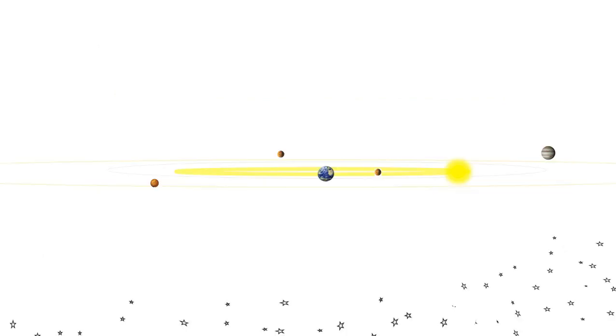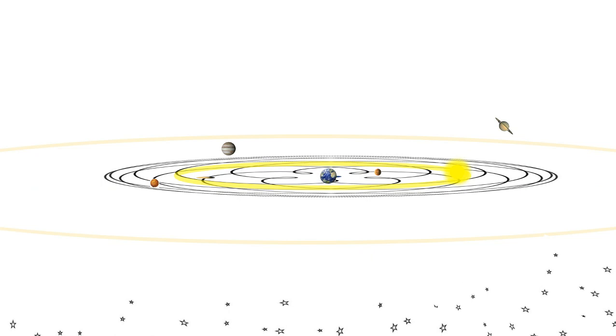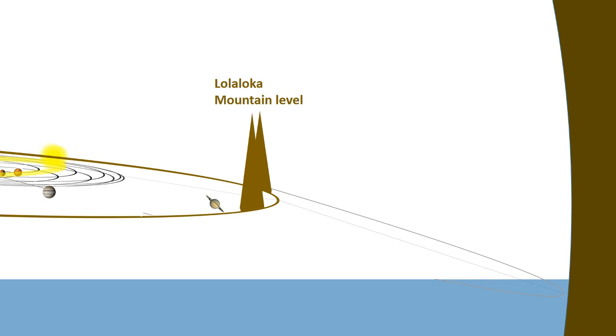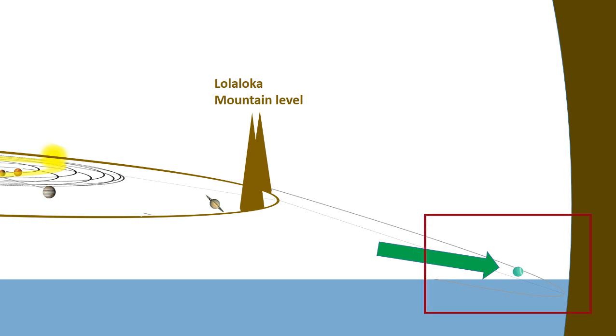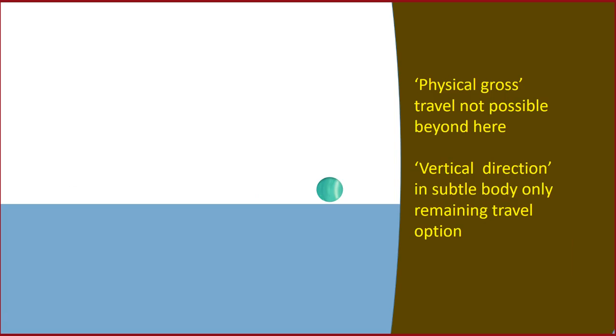Now, looking at the Bhumandala solar system here. According to the Bhugola Varnana, after the Lokaloka mountain barrier, which is a distance from Earth just beyond that of Saturn, the level of Bhumandala drops rapidly into the Garbhodaka Ocean. This is Lokavasha, a dark region, near the edge of which is the distance of Uranus, so it's down there. Let's get closer. From the edge of Lokavasha onwards, travel in one's gross physical body is not possible. Any further travel is only possible in more subtle ways in a vertical direction.